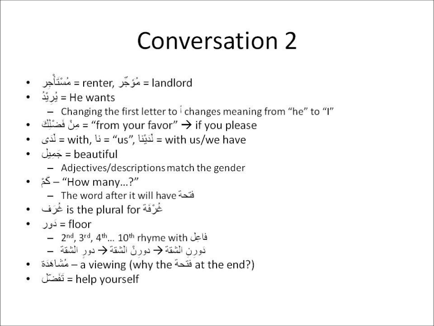And mushahada has a fatha on it. Why? Because it is the detail of an action, which is the detail of uridu. What do I want? I want to view. And I want us to get in the mindset that whenever we see a fatha or a kasra, we should ask ourselves, why did I have a fatha or a kasra? Because we know that the default state of an ism, a noun, is that it has a dhamma. So if we see something else other than a dhamma at the end of a word, we should think, why did I have it?